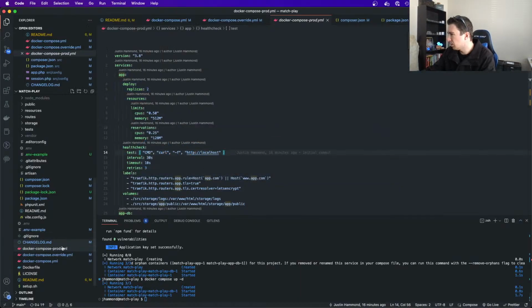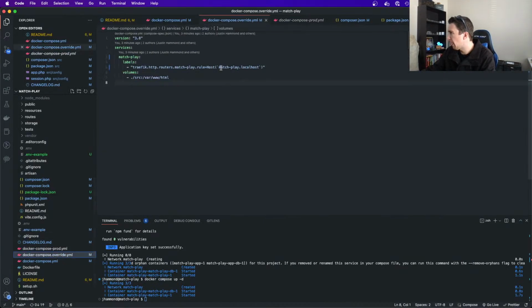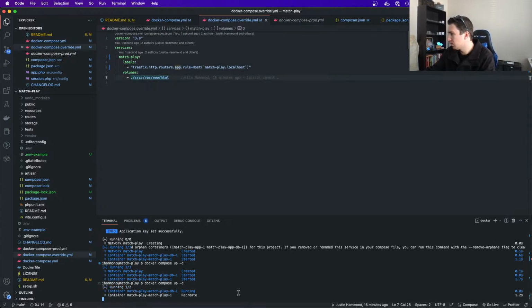And then let's go double check this, because maybe I still didn't have it right. matchplay.localhost. Oh, whoops! I replaced one too many apps.